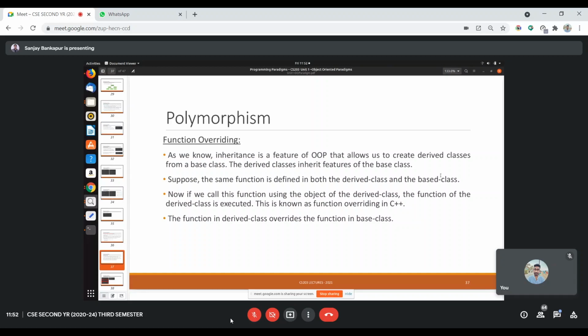Let's stick to base class and derived class. The base class has a method called XYZ, and the derived class, as the name specifies, is derived from the base class. By default, it will have the same method from the base class. Now, if we call the object of the derived class, the function of the derived class is executed.